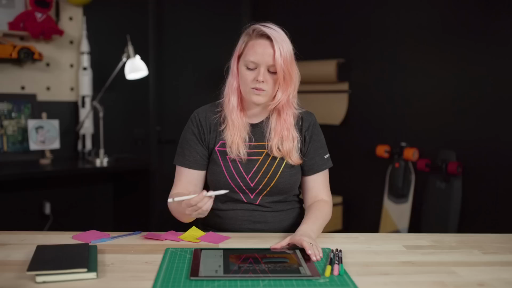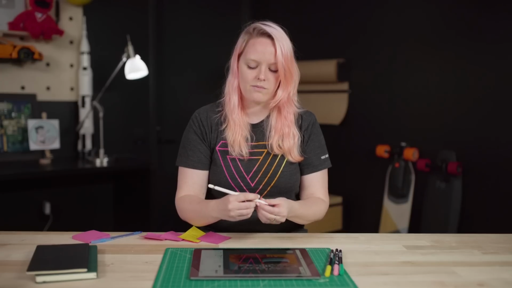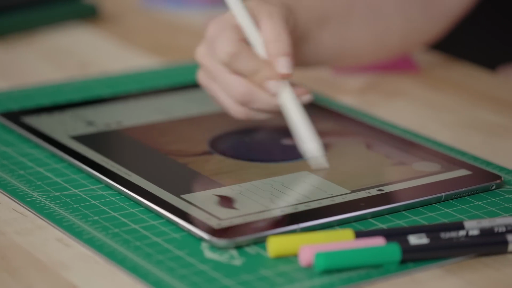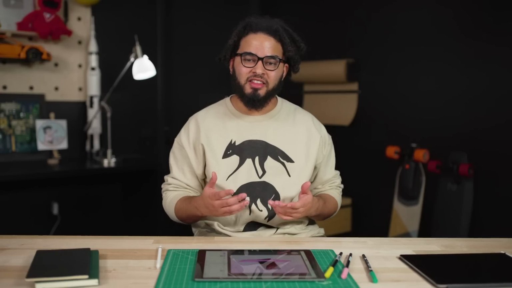One thing I did notice was my hand got a little bit sore using this pen. The Wacom pen that I use is a little bit more cushioned, molds to my hand a little bit better. But I felt my fingers and my palm getting a little bit sore with how I had to grip this pen. I can see this being very useful in the future once Adobe adds in a lot of their features